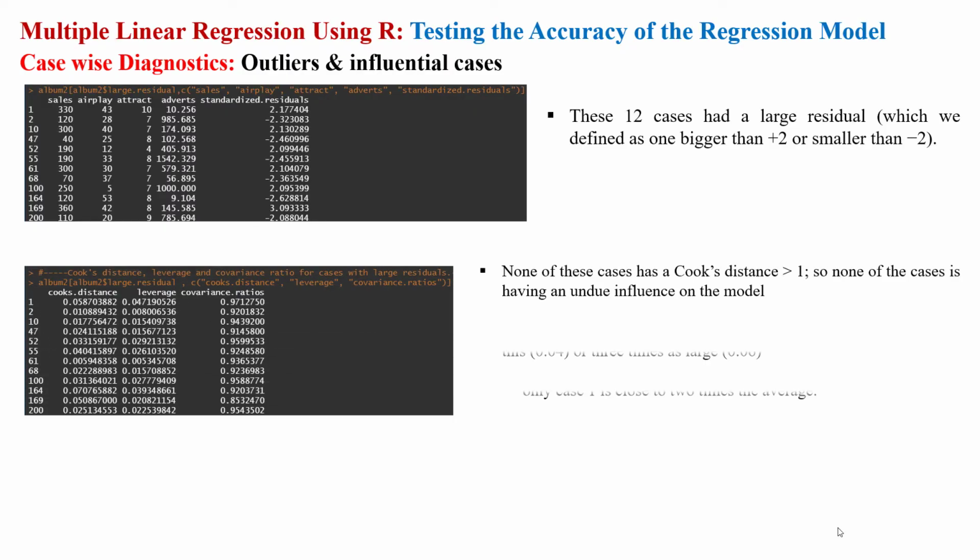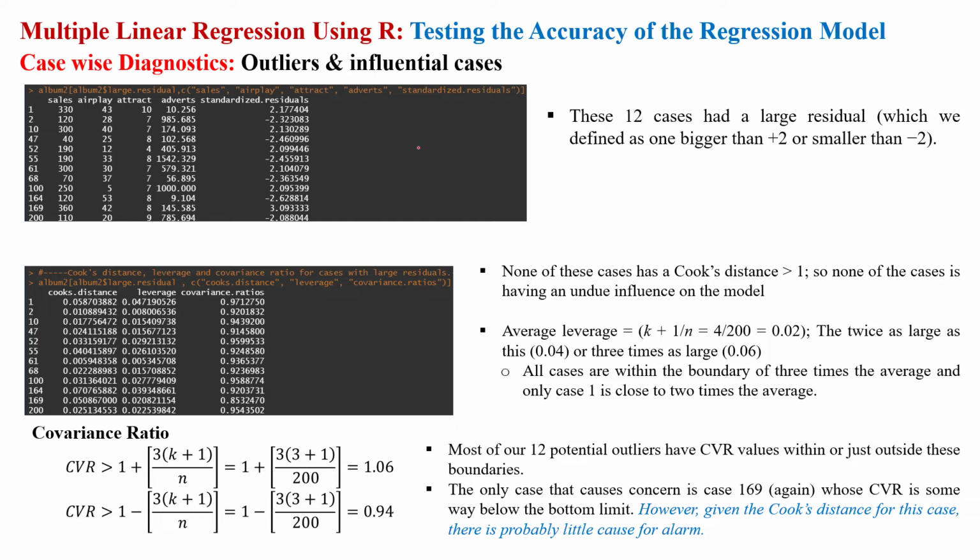So let me interpret this. First of all, we have seen that these 12 data points have a standardized residual either greater than 2 or less than -2, so we have calculated the Cook distance, leverage value, and covariance ratio. What's the interpretation? If any data point's Cook distance is greater than 1, then that particular case may influence our regression model. Because none of the data points has a Cook distance more than 1,